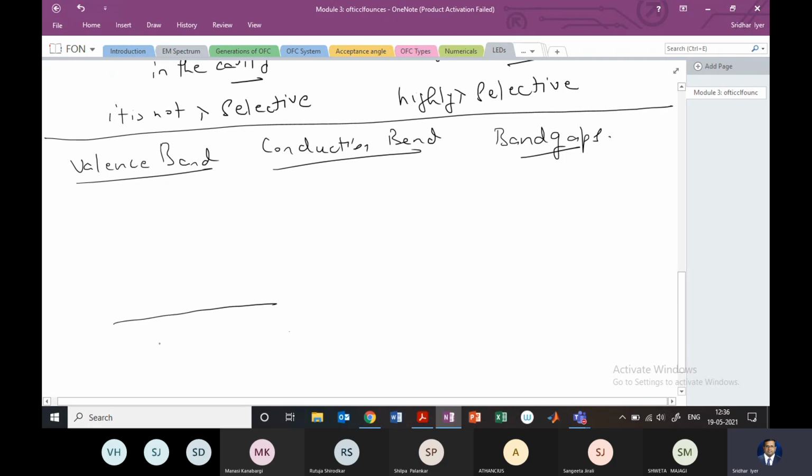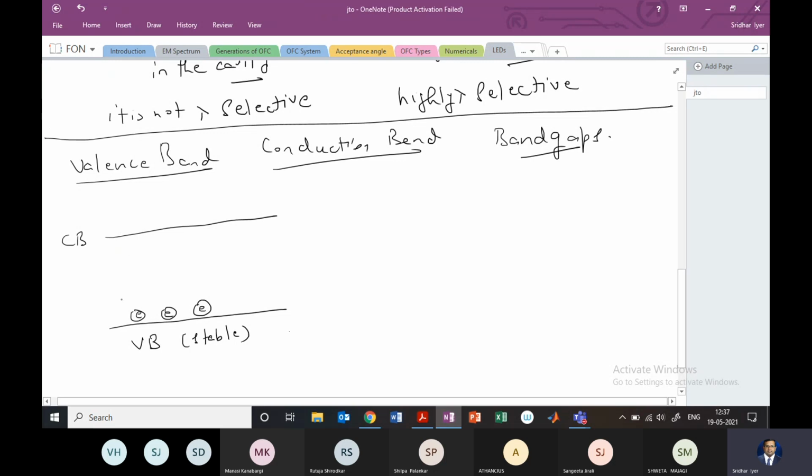So the valence band, which I will call VB in short, is the band where all your electrons are lying, and this valence band gives us stability. That means the electrons are very stable at this band. And you have the conduction band, CB, where the electrons really don't want to go, but this is the state where we want the electrons to be, so that they start conducting, meaning they start flowing, and we'll get the current conduction out of them, right?